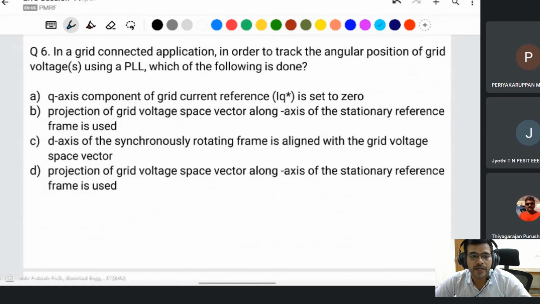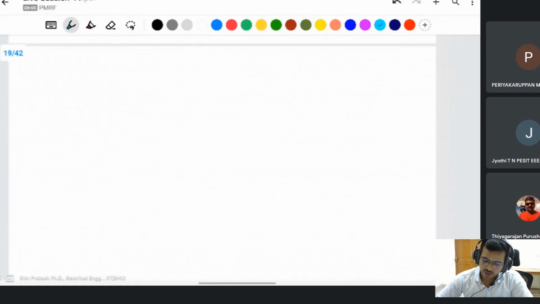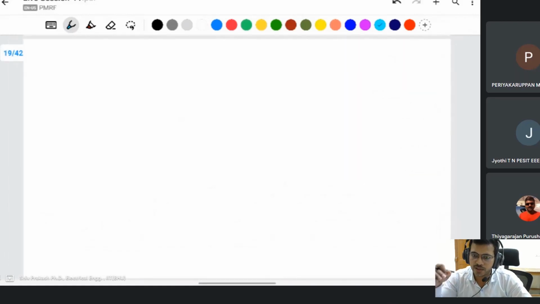But in a grid system, it is also done by making one reference component go to 0. If one axis is 0, then all of the voltage appears on the one axis only. Suppose like VQ,